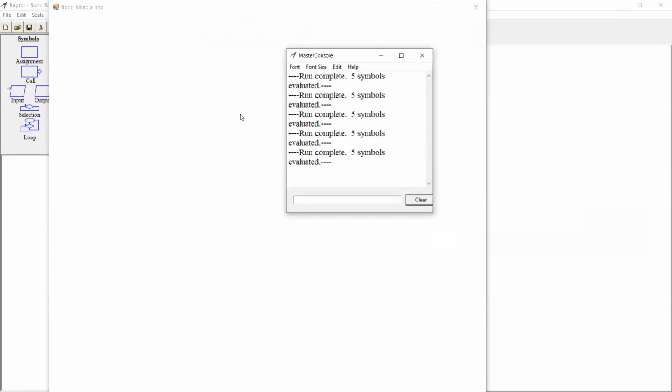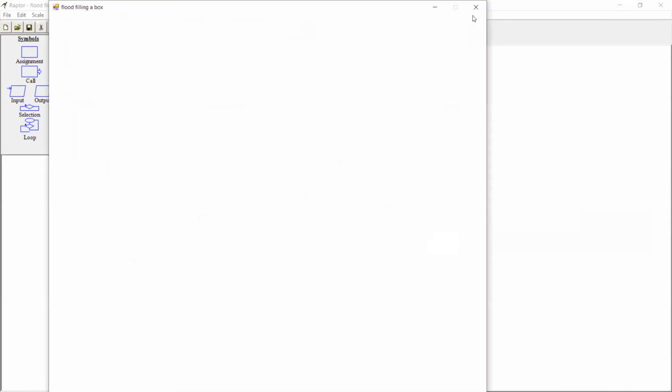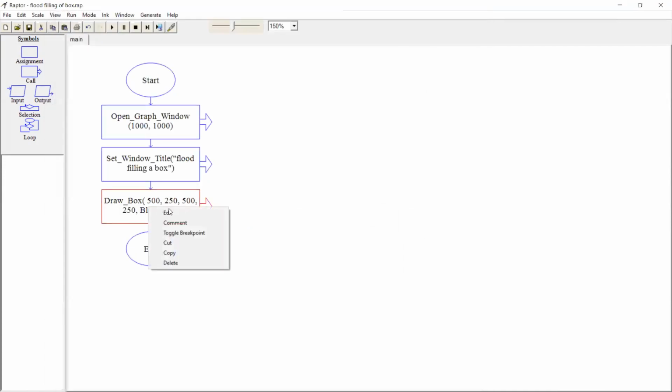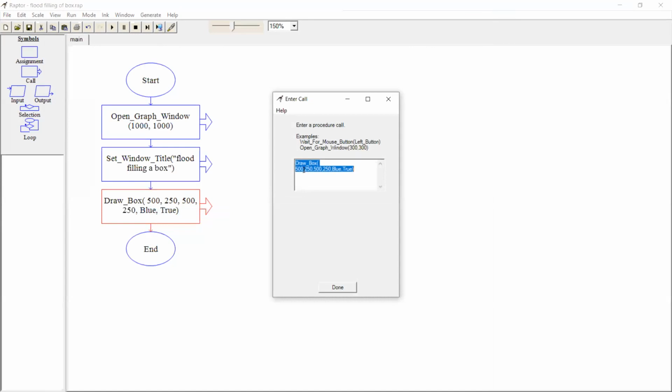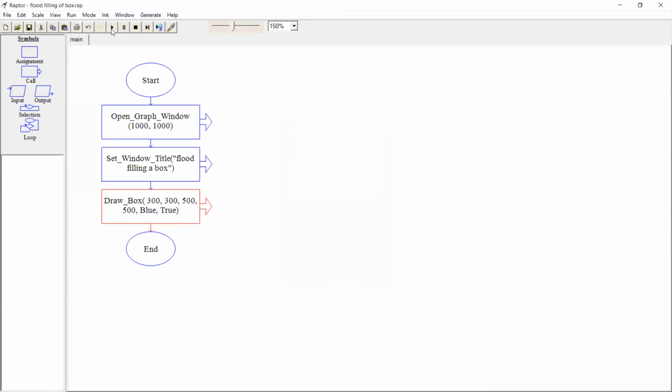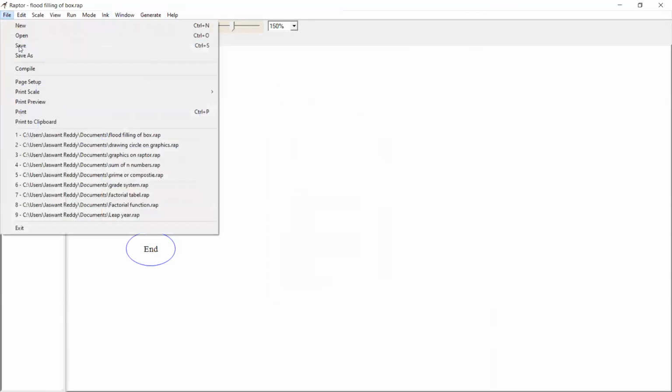Where is this flood fill? Here also it is not there. Try to change the coordinates if possible. I'll try, sir. Sir, with coordinates 300, 300, 500, 500, it is coming, sir. Just look into that. Save it.